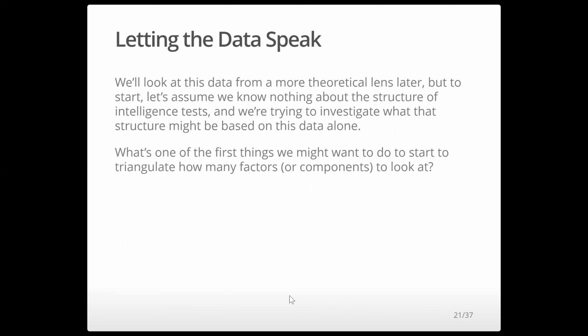We're going to look at this from a more theoretical lens later, but to start out, let's assume that we don't really know much about the structure of an intelligence test, and we're trying to investigate what that structure might be based on the data. So the first thing that we might want to look at, to start to triangulate how many factors we want to focus on,